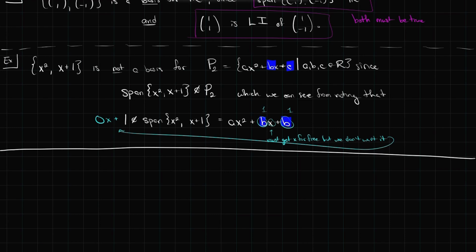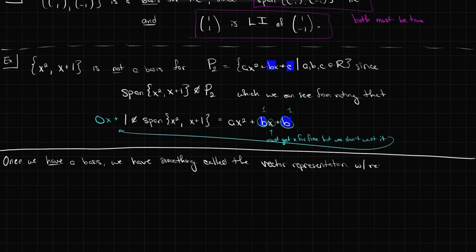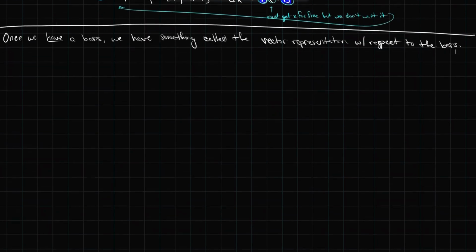Now, the moment we have a basis, we have something called the vector representation with respect to the basis. Okay, so given a basis, you can extract a vector representation. And these are incredibly useful